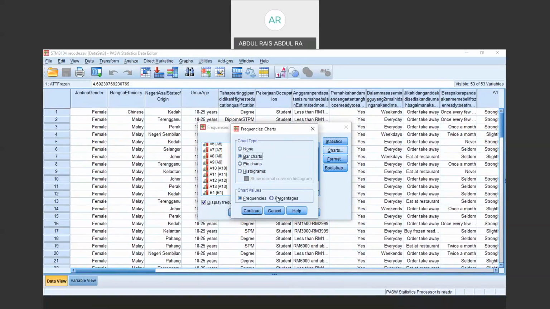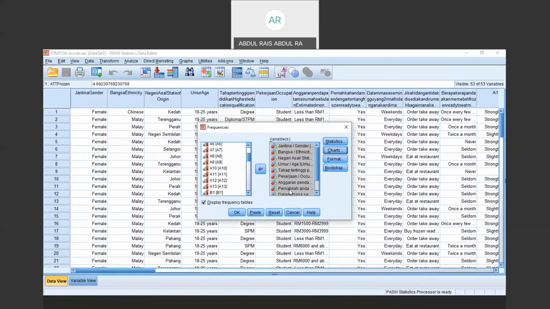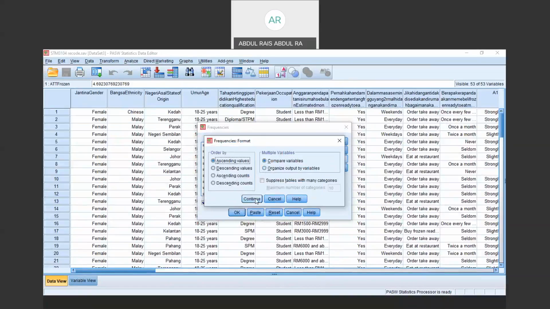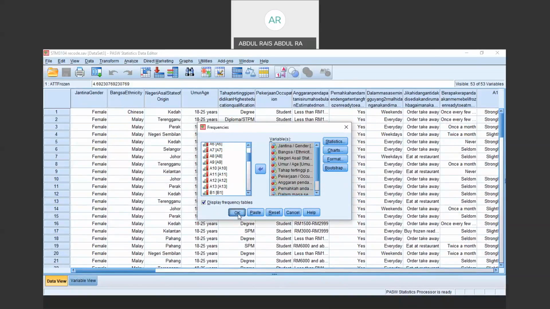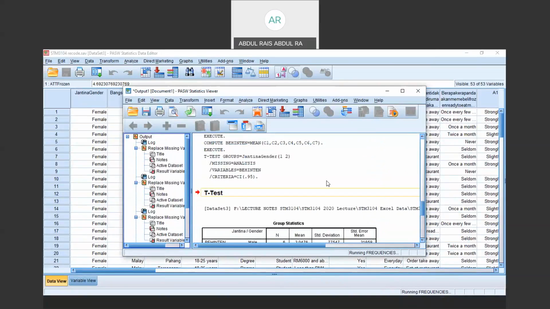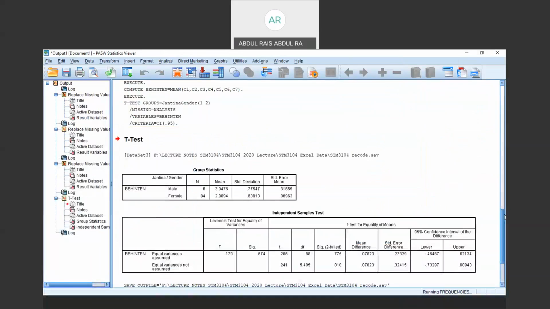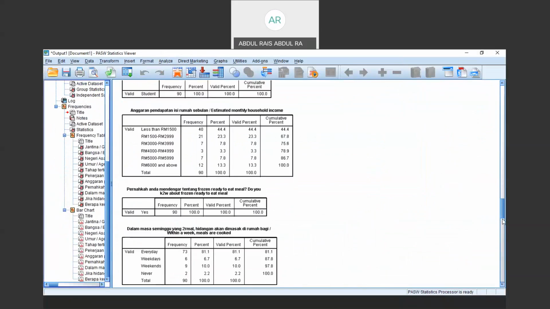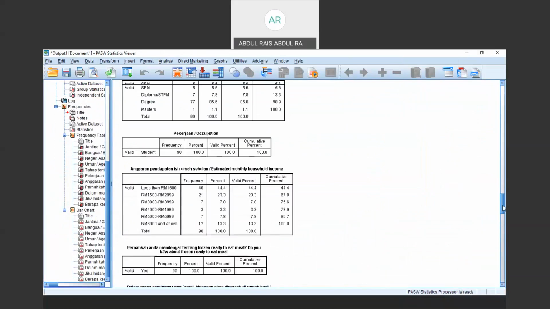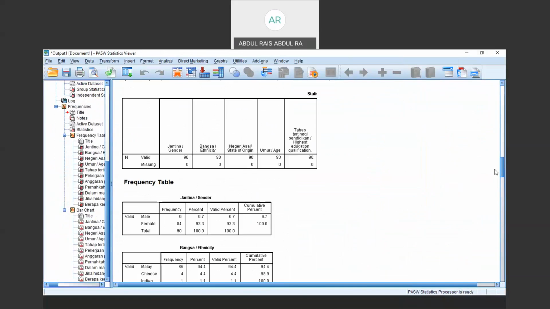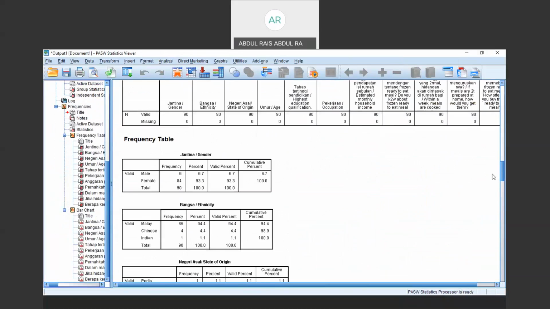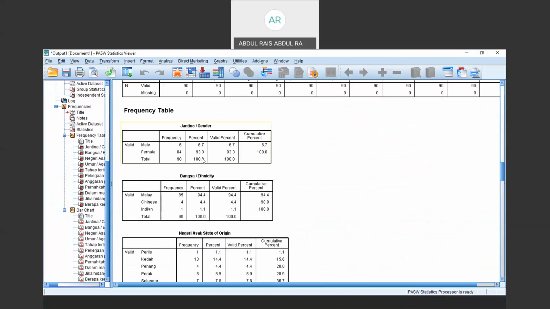Okay, press it. Click OK. So SPSS will generate all this information. Now in reality, you can actually copy paste this into Word, but